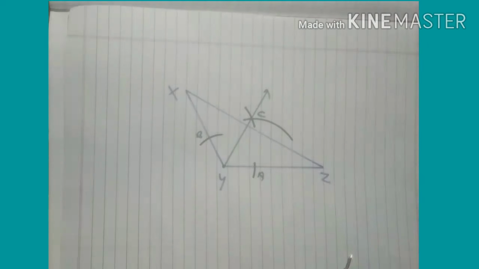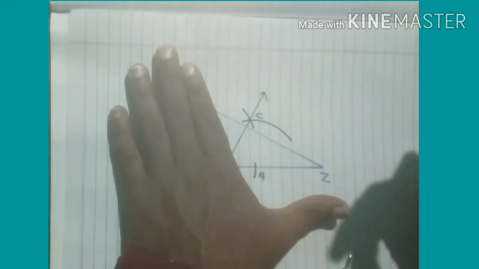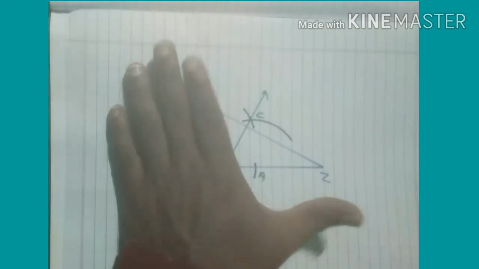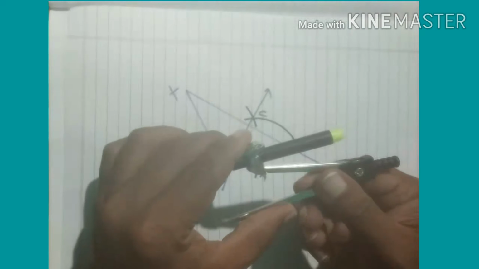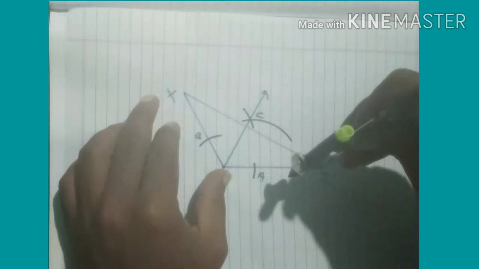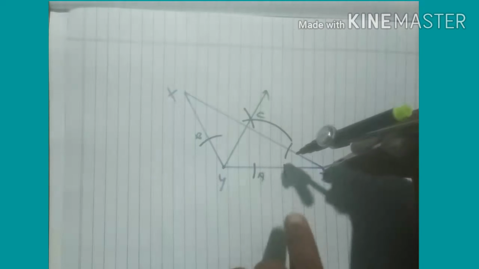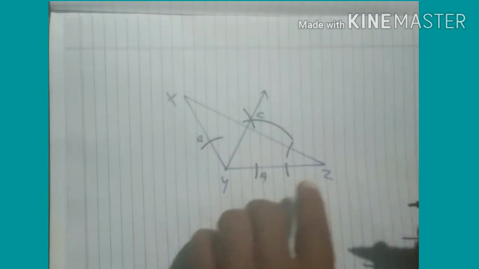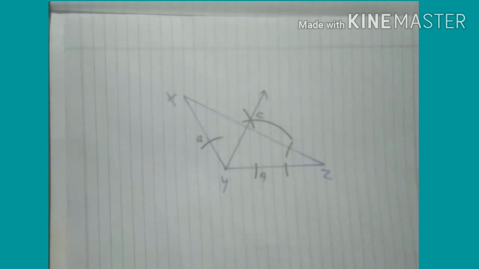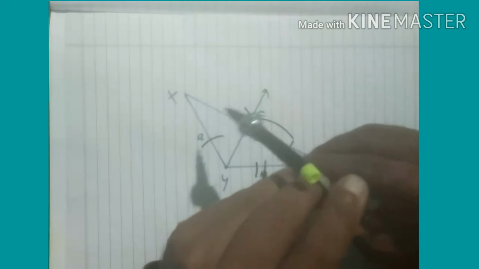So how? Consider only one angle, this angle. Can you bisect it? Definitely yes, you are expert in it now. So take any random distance in compass, put the tip of the compass on Z, draw 2 arcs or 1 arc which will intersect these 2 arms. Okay, that we have done. Now increase this distance such that the projected arc will go out of the triangle.